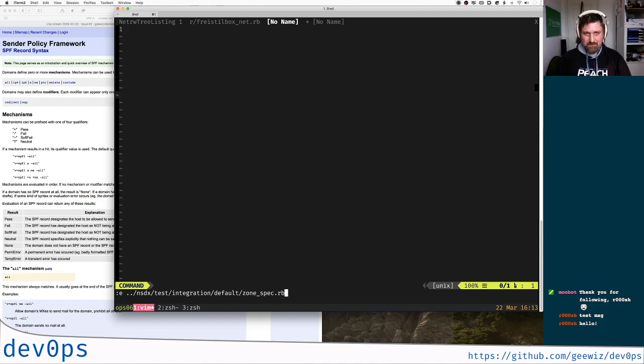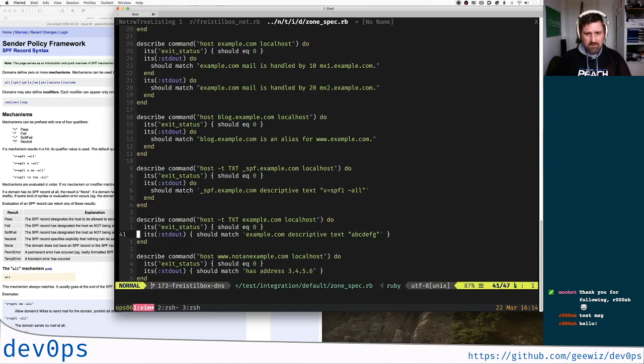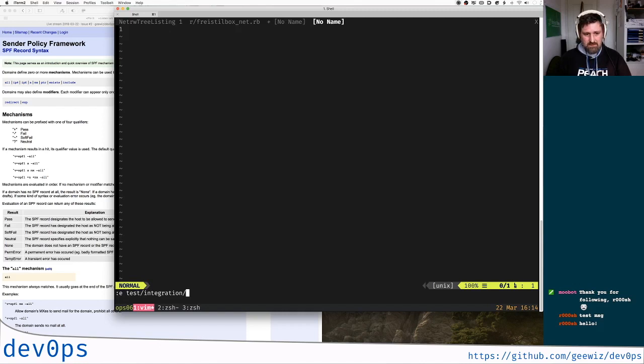Default zone spec. I think that's it, isn't it? And I'll just execute a few host commands to see if we actually get what we want. And I think I have an SPF check in there. Yeah. So I'll simply copy this part. I'll close this right away and create a new test file. Test integration. I don't have a default directory, so I have to create that. Test integration default, and then I can create a default spec.rb,